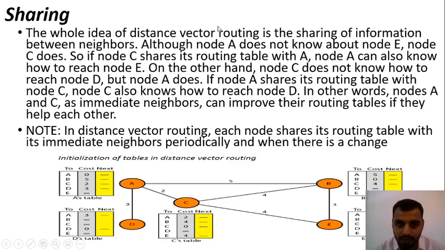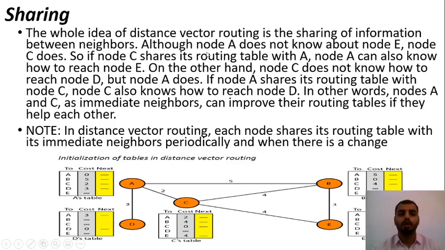In this scenario, we are considering this path. Why are we considering this path? Because the distance between A to B is 5 and B to E is 3, so the total cost is 5 plus 3, which is 8. Now for the path A to C and C to E, the distance is 2 plus 4, which is 6. Whether 6 is greater or 8 is greater? 8 is greater, so we take the least path. That's the reason we are considering this path.